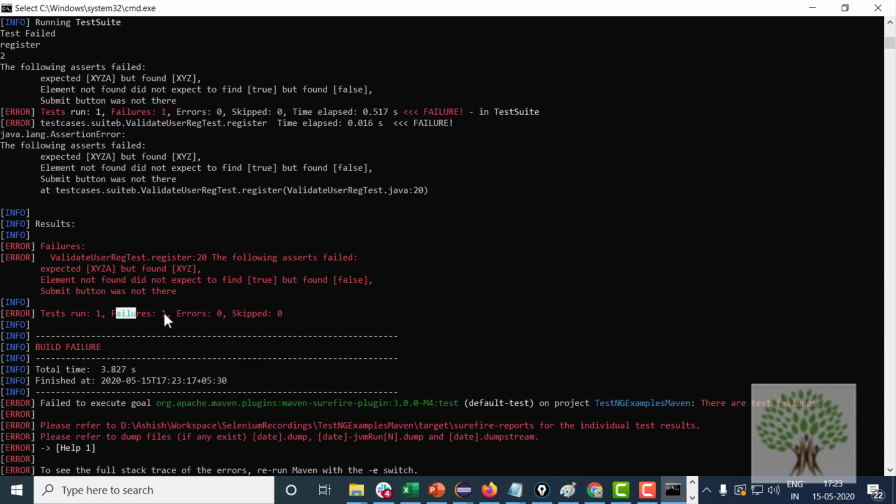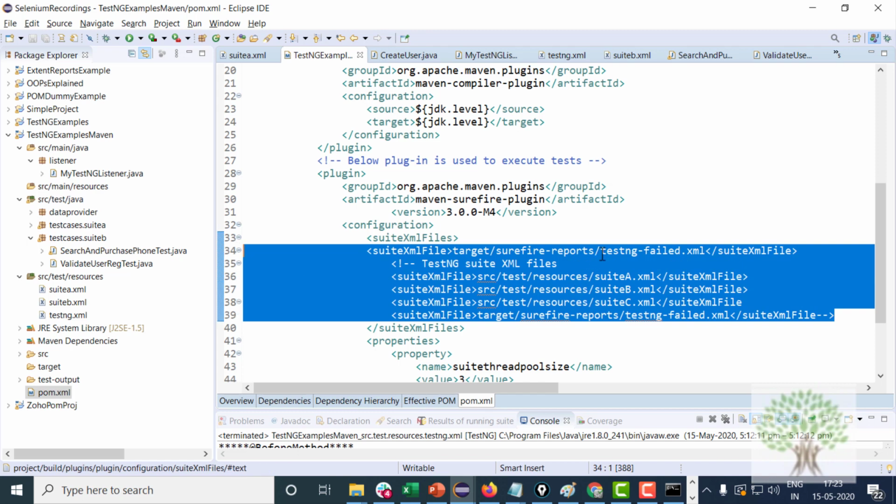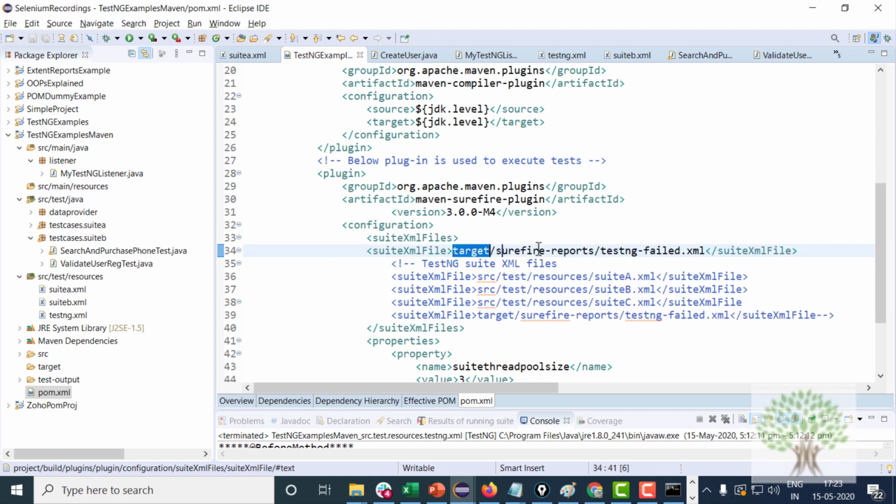Okay, so again this has failed because I had deliberately failed the test cases. So all the failure information is present in this XML file. You just have to rerun the whole scenario with only the failed tests. You just have to give this particular file and run it with Maven.